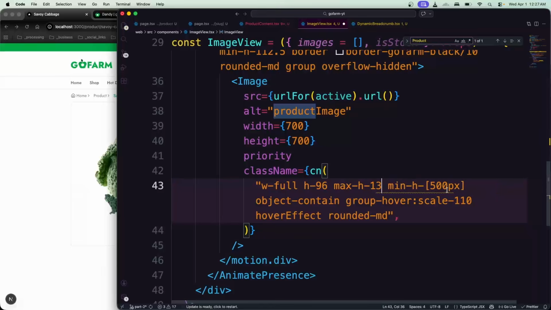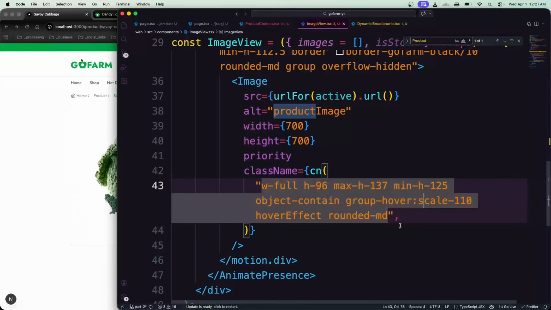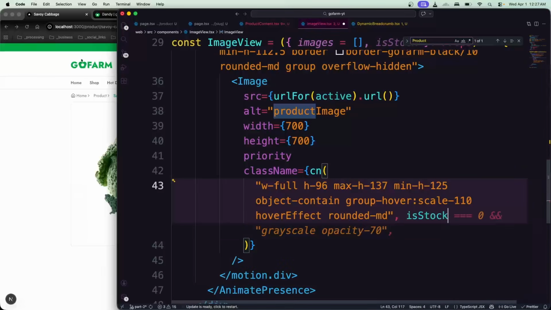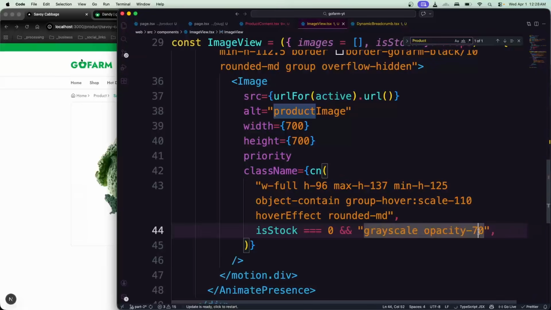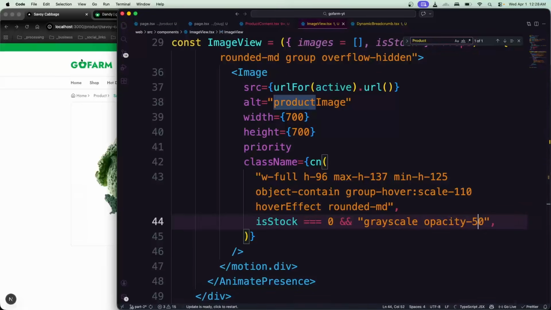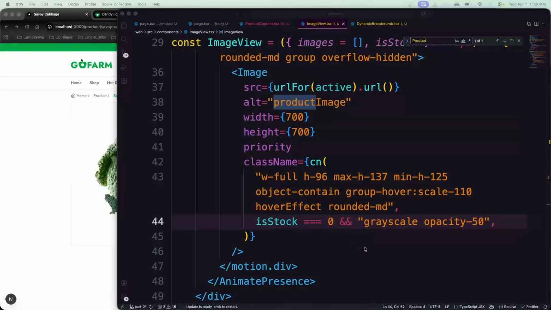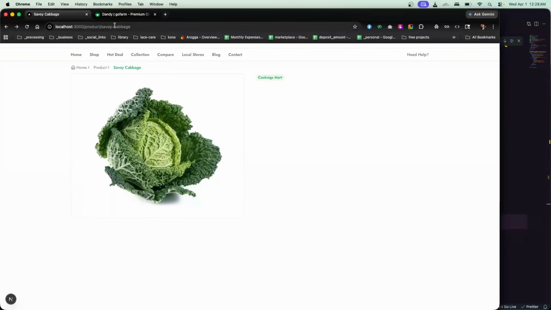No, I think it's good. Anyway, we can go and fix that if we require. And also, if each stock property is available, we can simply make that opacity. We can make grayscale or opacity. Also, we can make it 50 if we wanted to, which looks good and pretty decent. And this is the first image which we are showing here, but later on we also need to get our